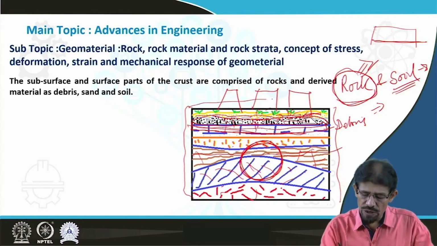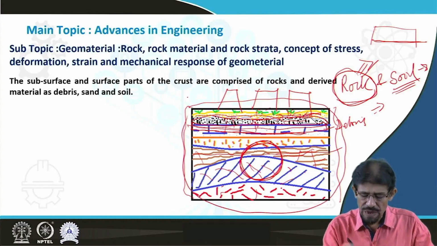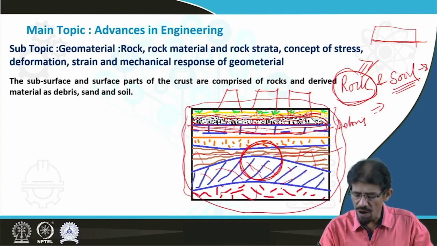If we look at this earth crust along with some upper cover in the form of soil, sediments, loose materials or weathered material, this intact portion which is made up of rock